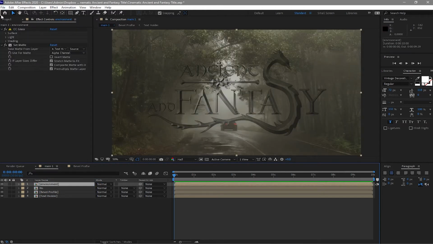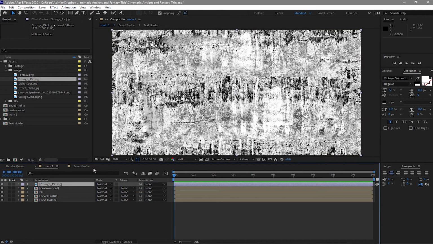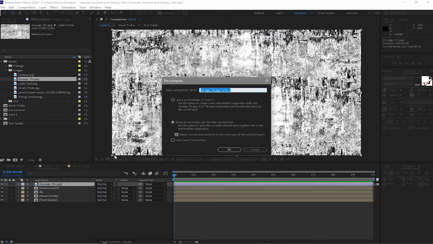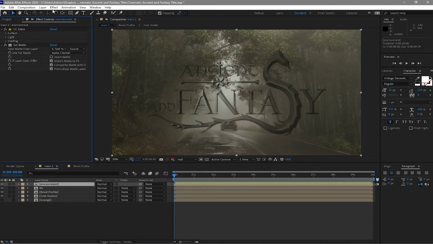So all we have to do is go back to our project and find the grunge in here. And I will just right away pre-compose it, and I will name it grunge. Move all the attributes and click OK. I will just put it at the bottom. Disable the visibility. I will go to environment and I will go to effects and preset,